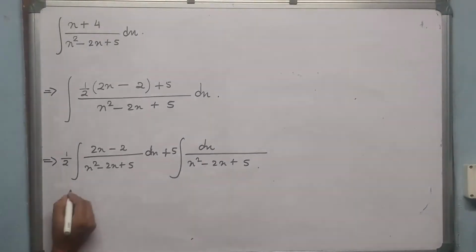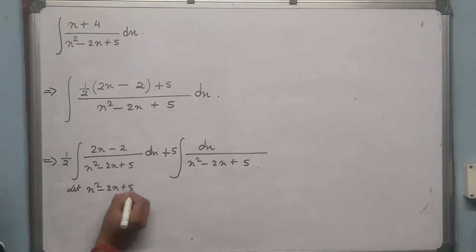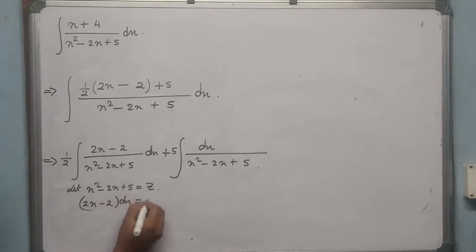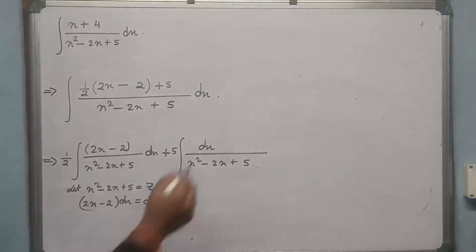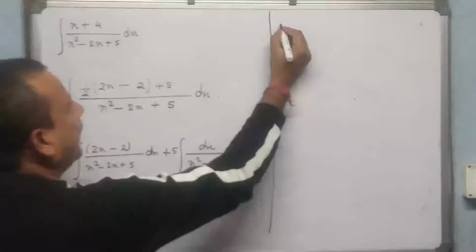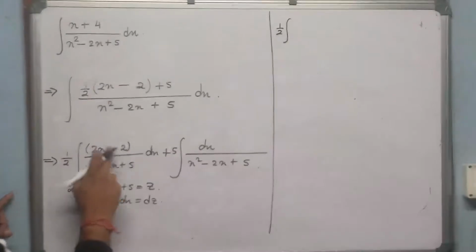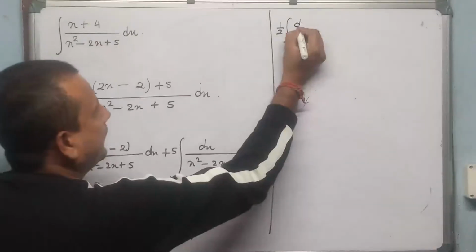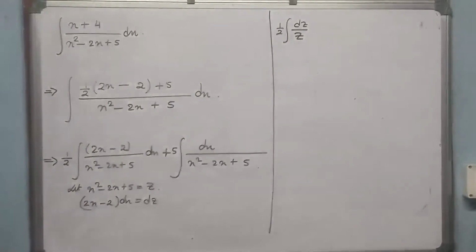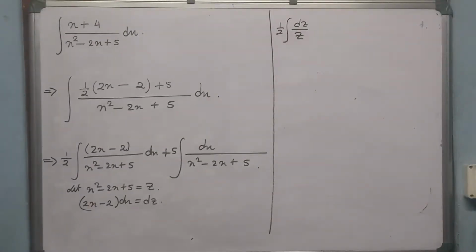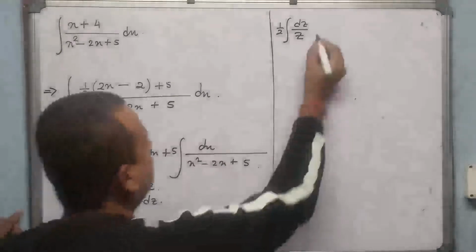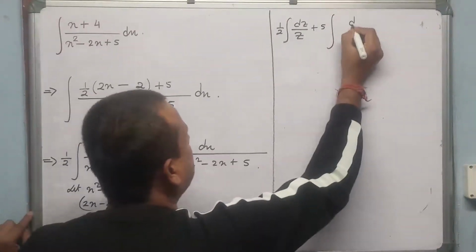Over here, I'll use the substitution method. This is a little bit tough one. x square minus 2x plus 5 equals z. Then differentiate: 2x minus 2, then dx equals dz. Now we get this quantity 2x minus 2 dx. Next, I'll write half, then 2x minus 2 dx is dz over z. Now the second integral, 5 integration dx over